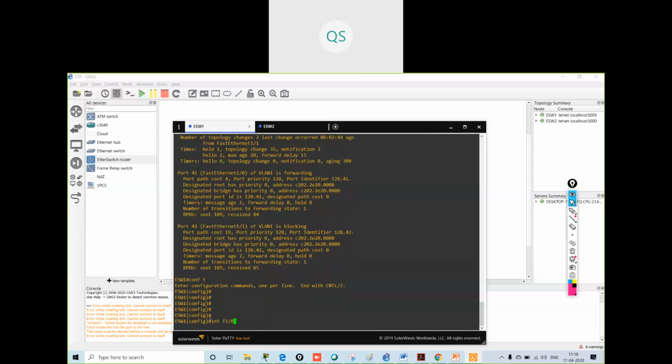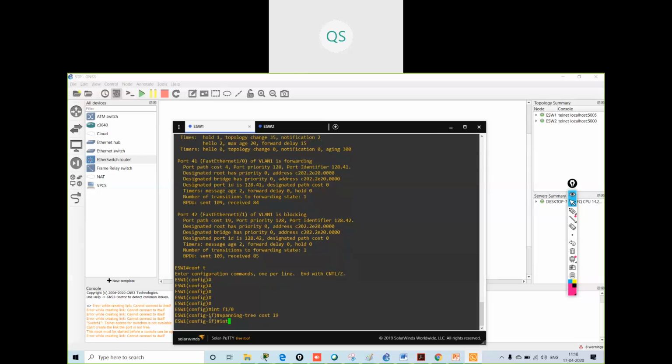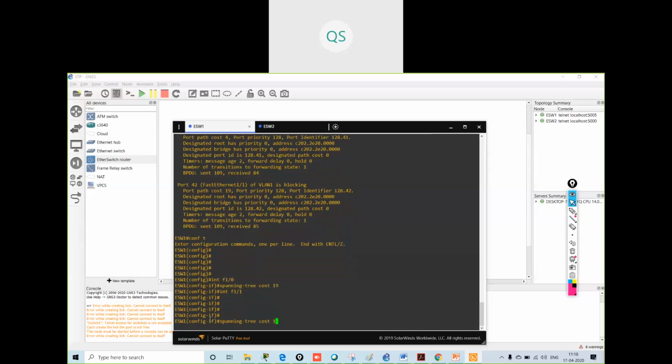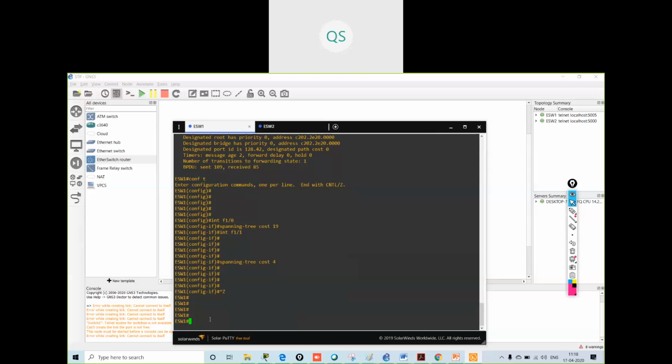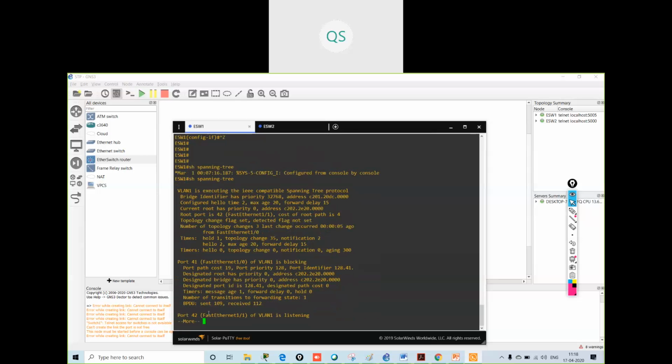I have to go inside the interface, path cost equal to 19. Then I will go inside the interface Fast Ethernet 1/1 and say spanning-tree cost 4. Now show spanning tree.